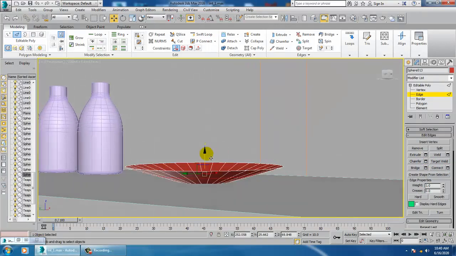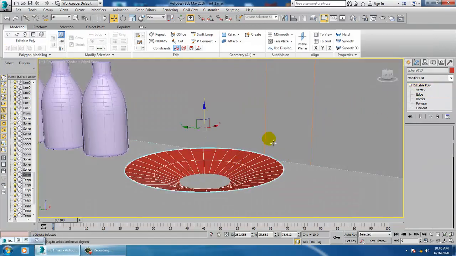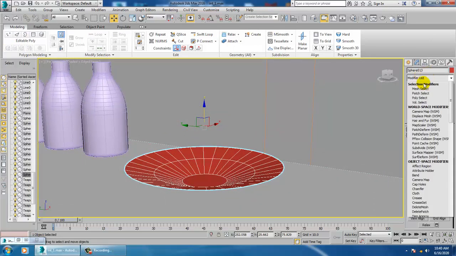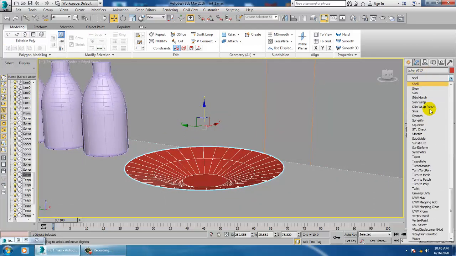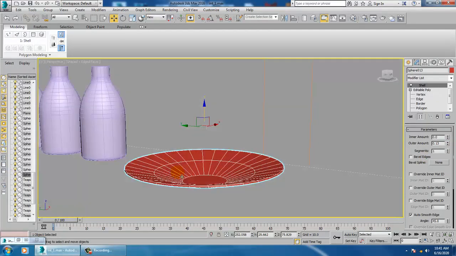You can work it out in this way. And let's give a shell modifier and reduce its thickness. That's it.